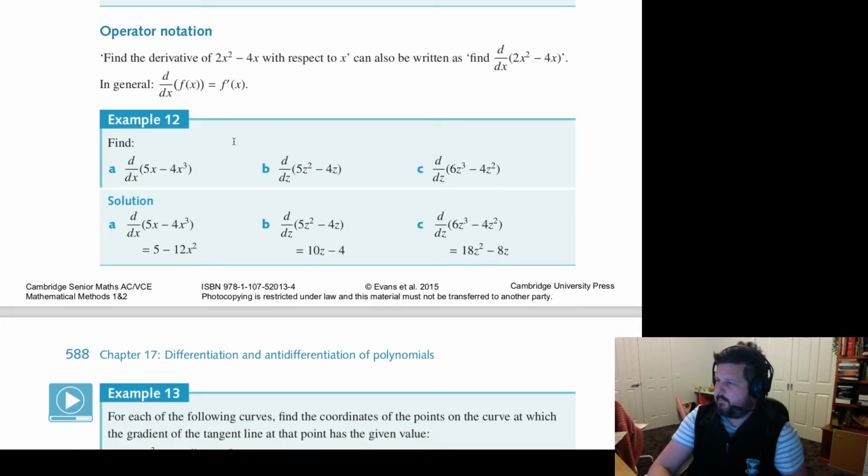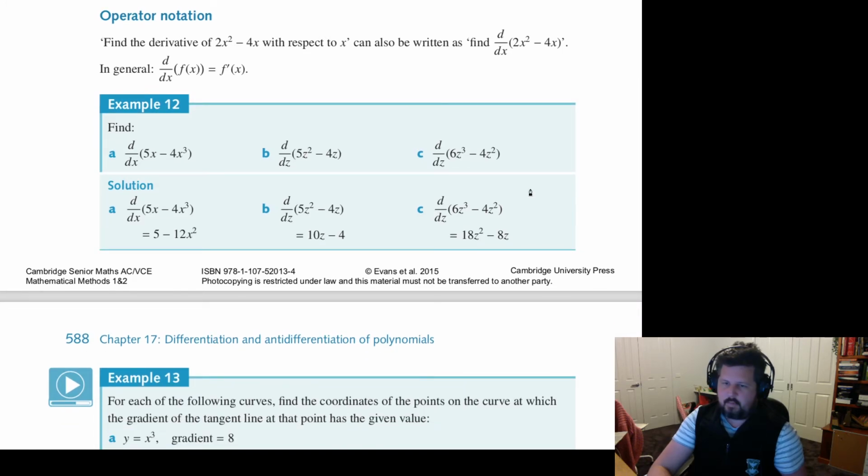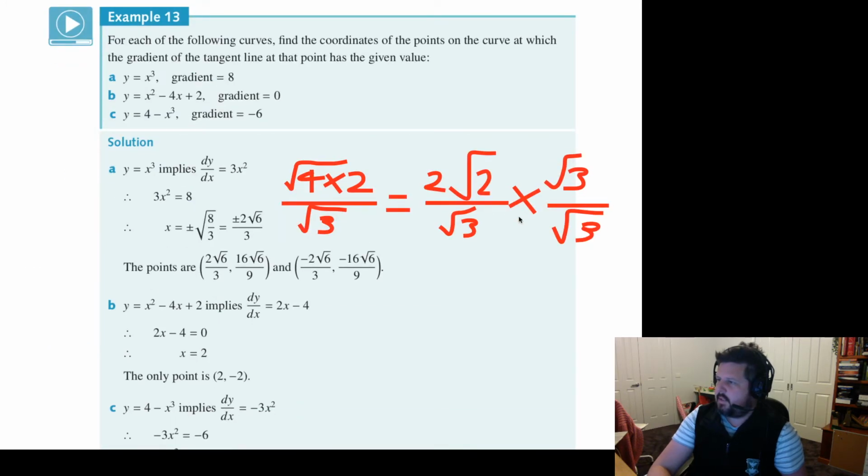I believe that people should be fairly happy with those there. This is the last one I want to have a chat about today. It says for each of the following curves, find the coordinates of the points on the curve at which the gradient of the tangent line at the point has the given value. So we've got y equals x cubed, and it wants to know at what point is the gradient equal